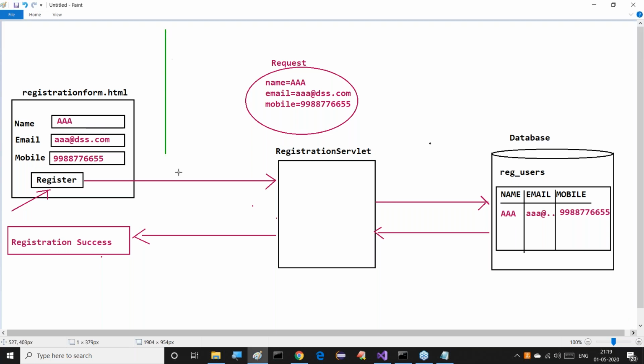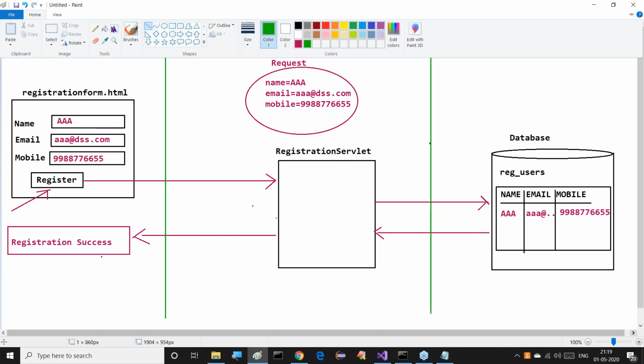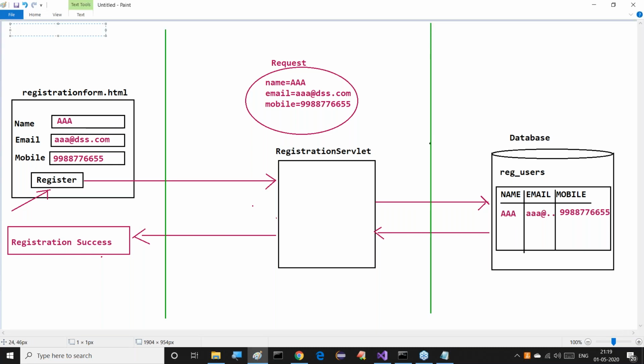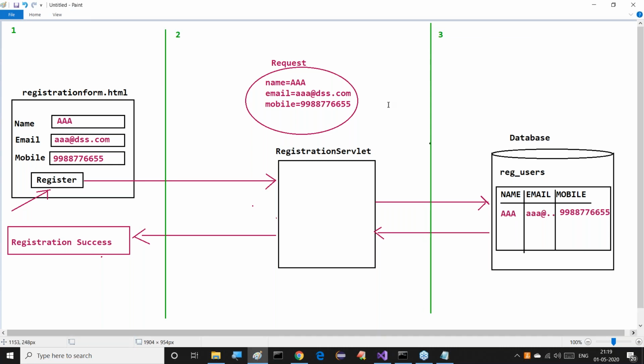This is the first part, and this is the second part, and the remaining thing is the third part. Observe carefully, this is the first one, this is the second one, and this is the third one. 3 parts, here we divided.